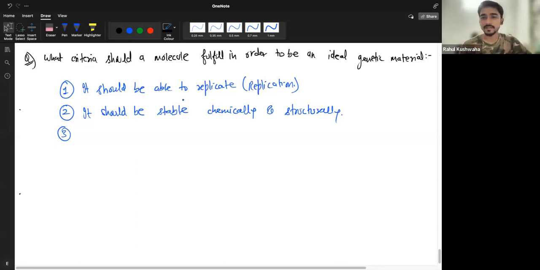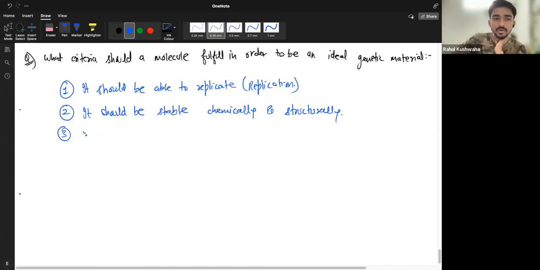But research is where we go scientifically and we figure out things which we don't see now. But for now, we will believe that RNA cannot make more RNAs. They cannot self-replicate. DNA can do that. Protein also cannot do that. DNA is more stable than RNA. Protein is also stable, but protein is out on step 1. The third is it should be